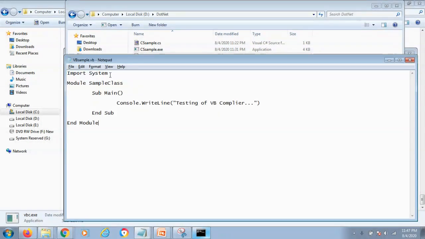Instead of using System, we have to use Imports System. As I told you before, there are some syntax differences in this language. So instead of class we use Module. Instead of static void Main, we have to use Sub Main. There is no termination also in VB.NET. So this is the file.